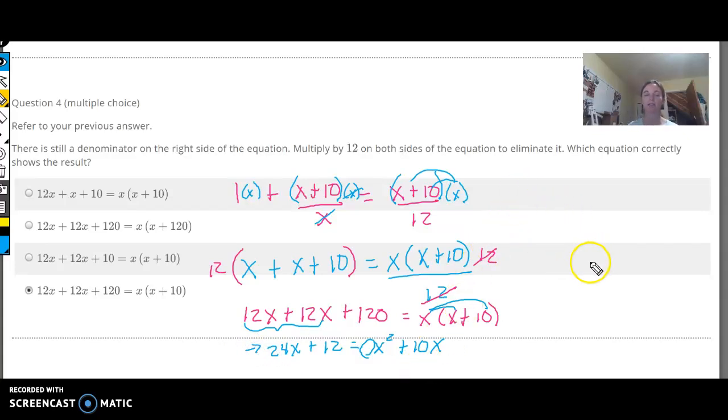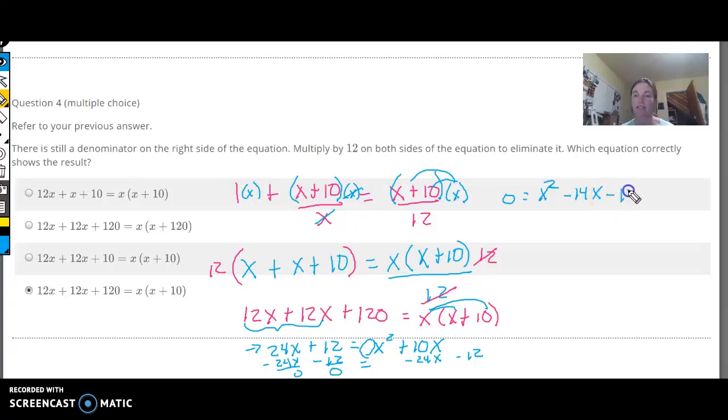So I'm going to subtract 24x and 12 from both sides. When I do that, I get 0 on the left, and I'm going to subtract 24x here and 12. So I'm going to be left with x squared. Actually, 0 equals x squared minus 14x